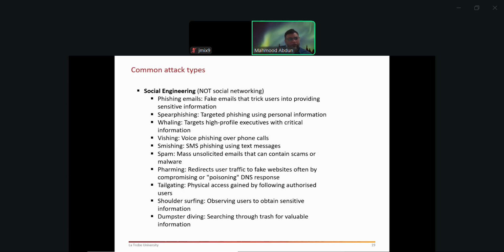The kinds of social engineering attacks can be phishing emails. Spear phishing is a targeted email. Whaling is a targeted email or spear phishing attack on the big boss of a corporation. Vishing is voice phishing or phone calls. You'll hear lots of automated voice. You'll probably say hello, and they will keep on saying whatever they're recorded to say.